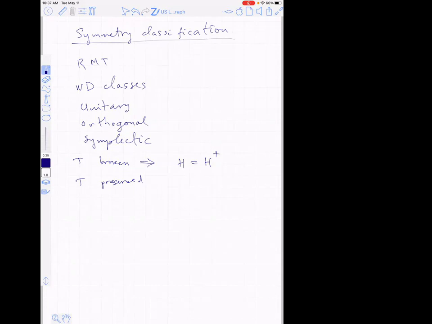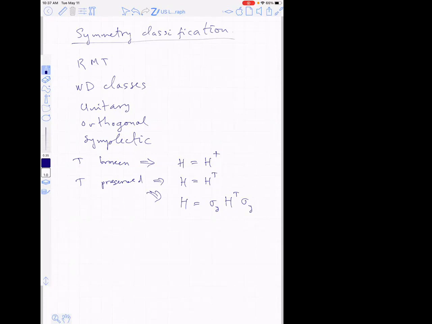If you look at spinless particles or particles with integer spin, then the condition that you get on the Hamiltonian, in addition to hermiticity, is that in some basis at least it's a real Hamiltonian, so it's equal to its transpose. And then another option is that it can be related to its transpose by some rotation in the spin space. You have this extra structure in this case.